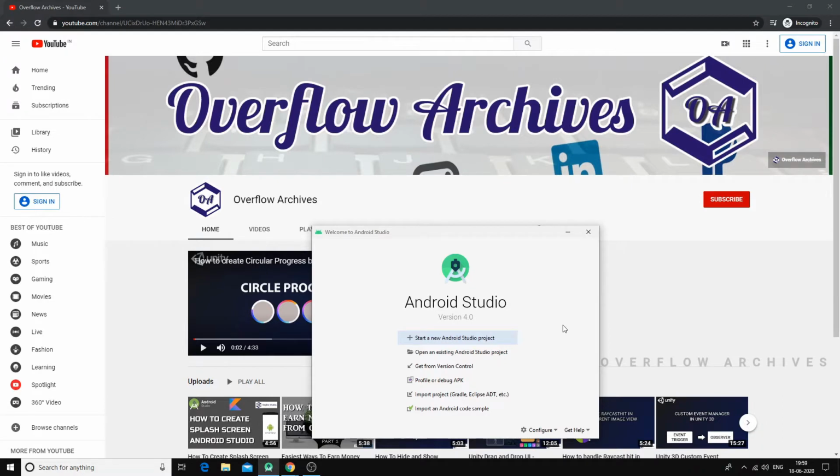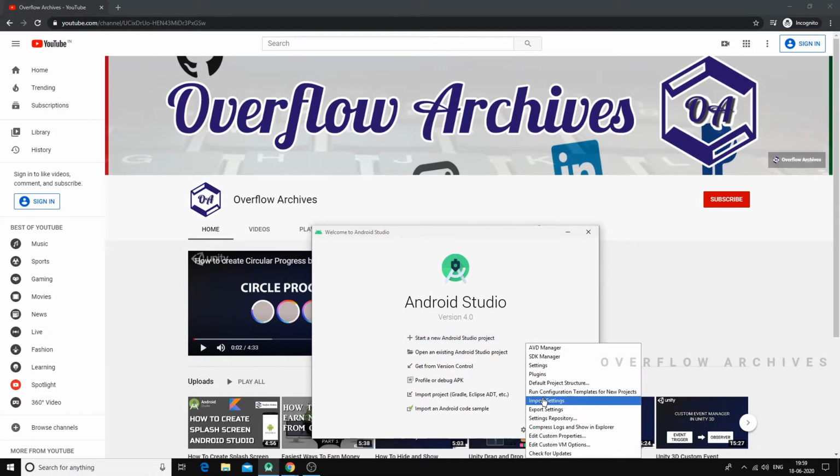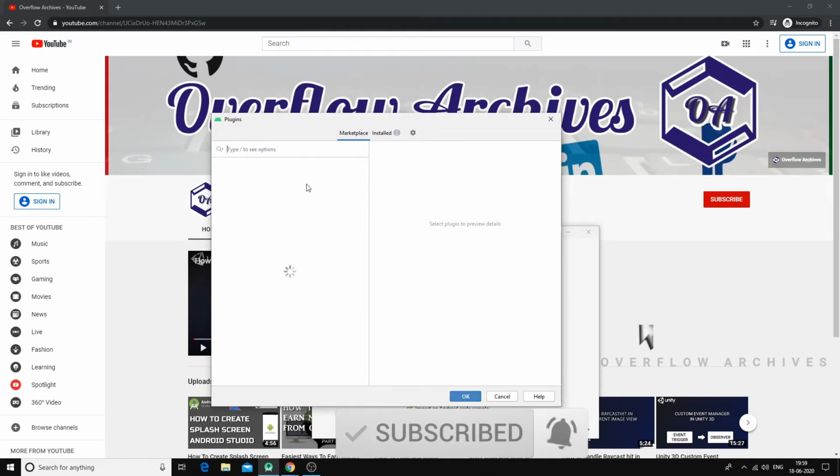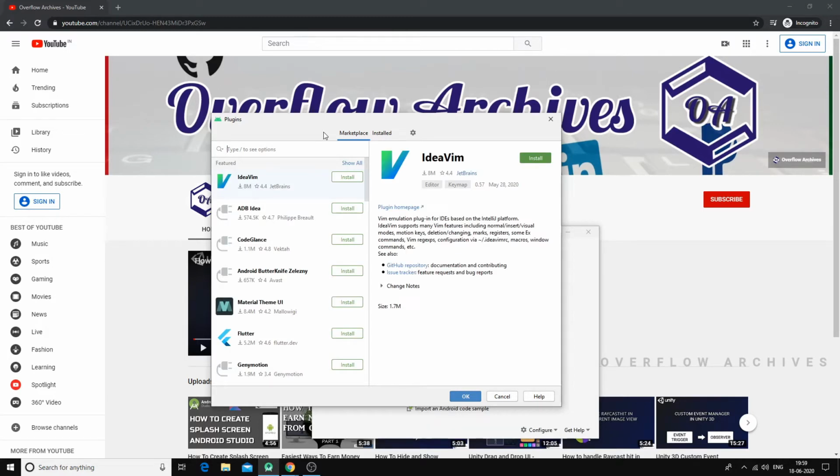Today we are going to see how to set up Flutter using Android Studio. If your Android Studio version is 3.6 or higher, go to the configuration menu and select plugins. You will get the plugins window. Here go to Marketplace to install Flutter. If your Android Studio is prior to version 3.6, then do the same from the Settings menu.